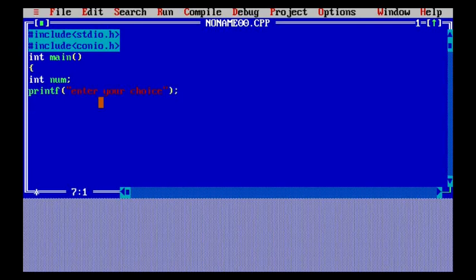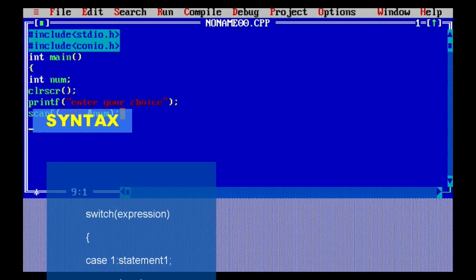When I'm talking about the switch statement, as we have discussed, it works upon choices. So here, first of all, I've declared a number in which I'm going to take the choice. I'm asking the user to enter the choice, out of the number of cases that we have defined. Whenever we are using a switch statement, we prefer it when we want to use multiple statements, but based upon the user's choice, whatever choice the person wants to use.